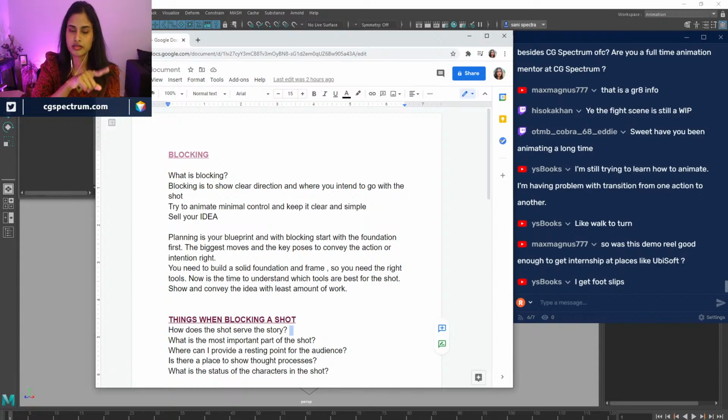Whenever you take a step, make sure your curves are kind of linear, so they don't slide. If your foot is going forward and then it stops, lands contact with the ground, make sure the curve is flat, so there's no movement. Make sure that your curves are flat so that there's nothing sliding on the feet.